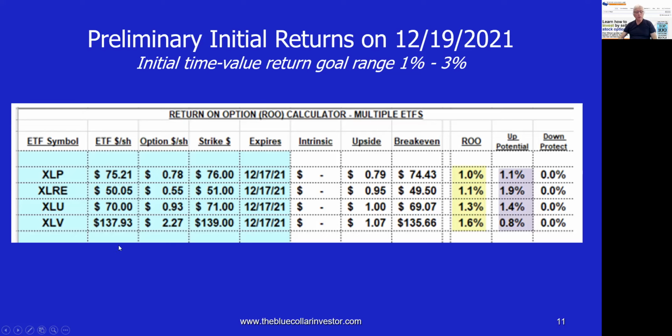Also, the prices of these ETFs are going to change a little bit from the closing price on Friday. Usually not a lot, but it will change a little bit, which may also change our strike price selection. But by doing this exercise the weekend before Monday of the new contracts, we will have a framework that will save us a ton of time when actual trading starts. And you could see from the multiple tab of one of the BCI calculators that the return on our option is in the lower end of the 1 to 3% range, but it's in there. And the upside potential is also between 0.8 and 1.9%. So we're looking at about 2%,